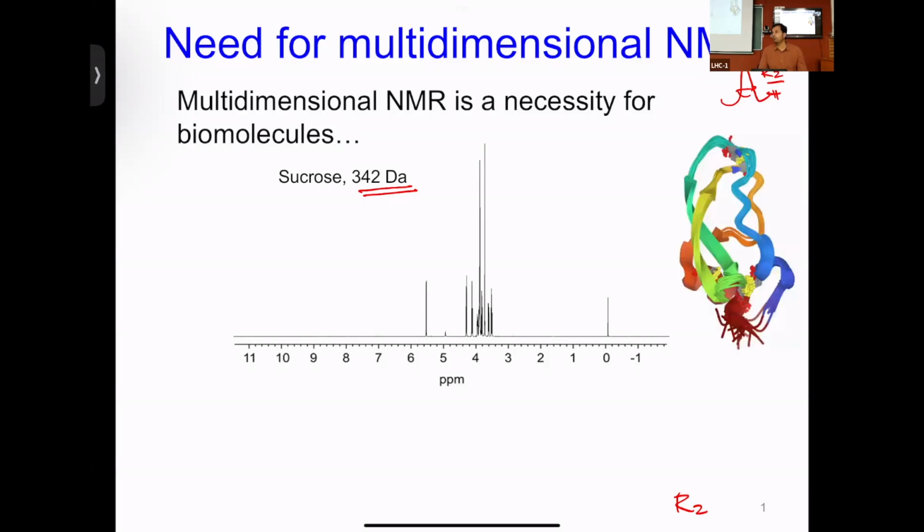But the moment you go to a protein, this is an example of a protein called BPTI, bovine pancreatic trypsin inhibitor. You don't have to worry about it. This is one of the classic cases of proteins that was used in the 1980s to do NMR. And this is 55 amino acids, so something close to 6.5 kilodalton of molecular weight. So you started with 300 dalton of molecular weight, which is sucrose. The moment you go to something like BPTI, you have many more protons, maybe hundreds of protons present, because every amino acid, for people who do not know what an amino acid is,